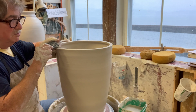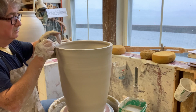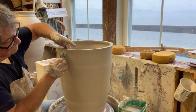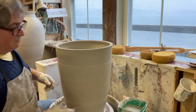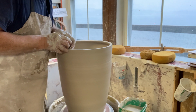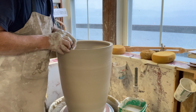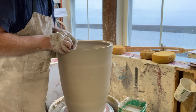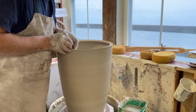Now I've got to make sure it doesn't buckle either, because it's thin underneath that flat area. I didn't pull too much off there. But now I'm just going to make sure that stays flat. And the little groove where the rim of the other one will fit is right in the center of that thick area. And that means when the other piece